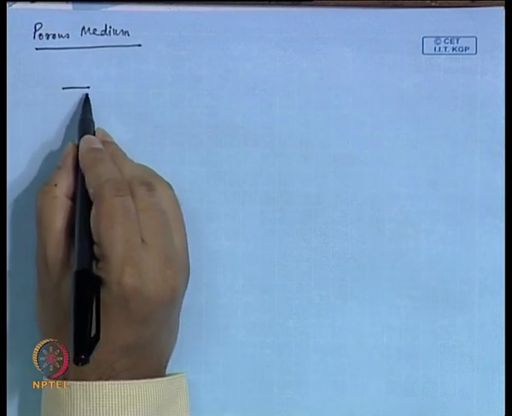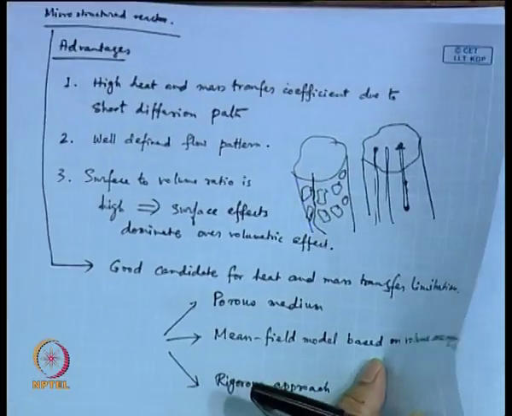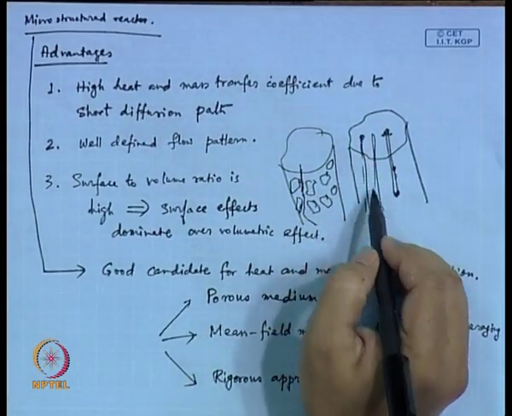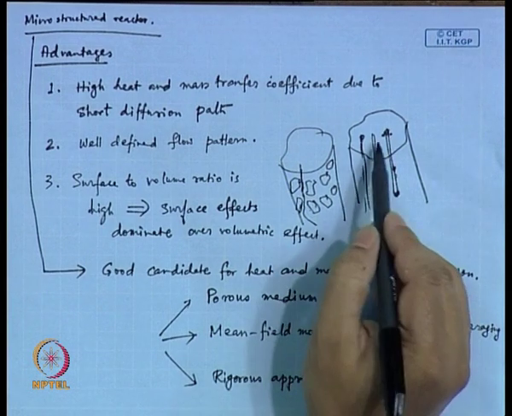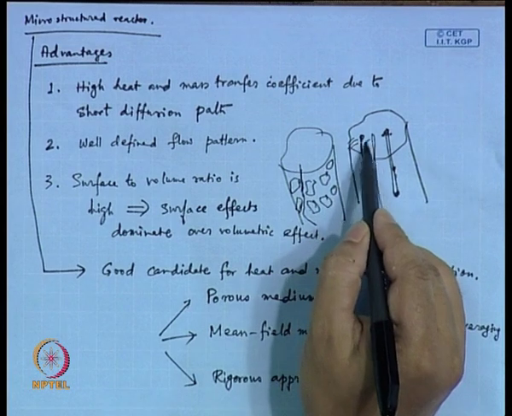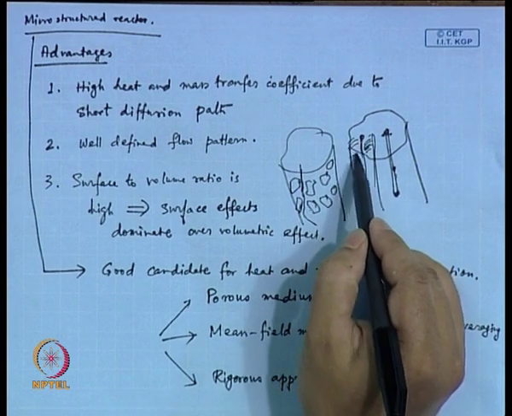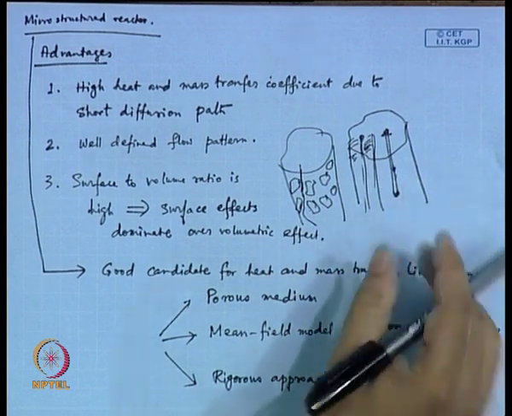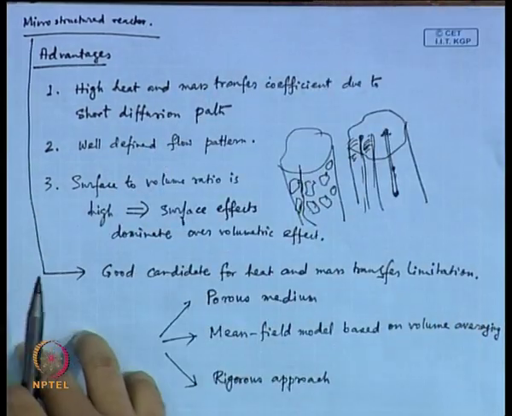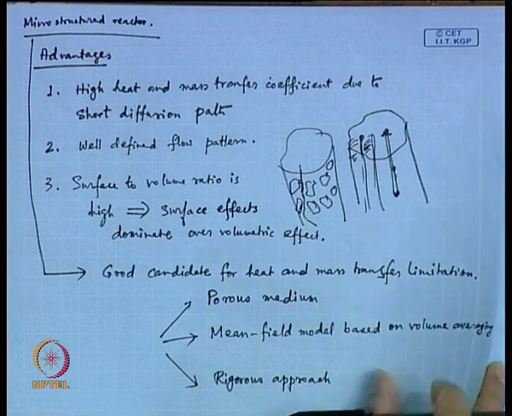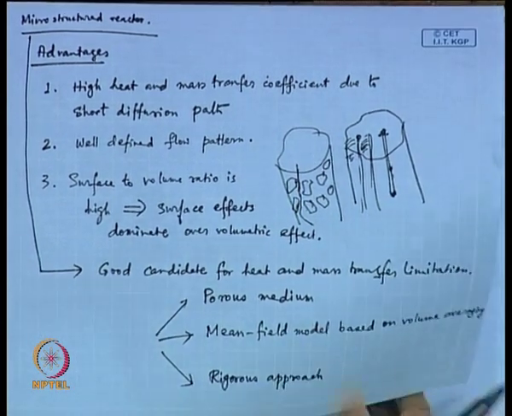These channels, I said that it is like a honeycomb, right? You have these channels which are running along the length of the reactor. Rest of the matrix is what? Solid, right? These are solid material, and in that you have channels running. Now, if you want to treat this as a porous medium, then what you would be doing is,